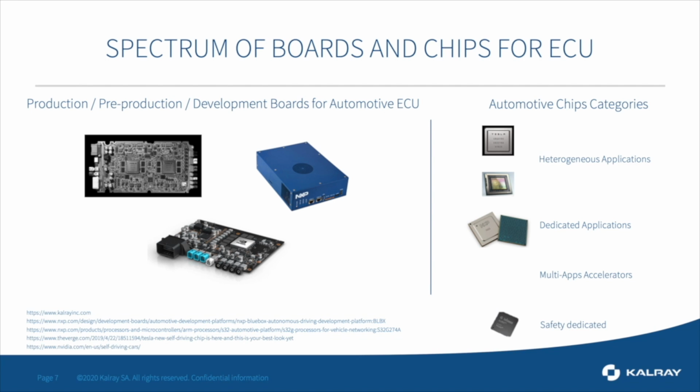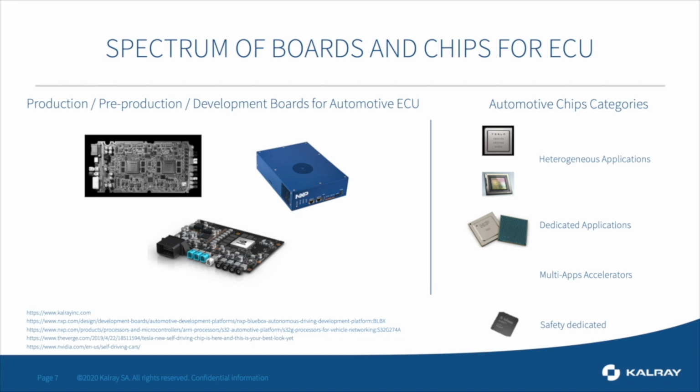Obviously, as this is evolutive and there are a lot of separated functions, you can see a large spectrum of boards and chips that go today into the ECUs. For production, I'm illustrating that with the Tesla board here and the Tesla chip. For pre-production as well as for development boards, you can see different types of evolutions that are taken by tier 1s or OEMs, car manufacturers, in order to be able to think about their architecture, how it can achieve the functions I want today, how it can evolve in the future,